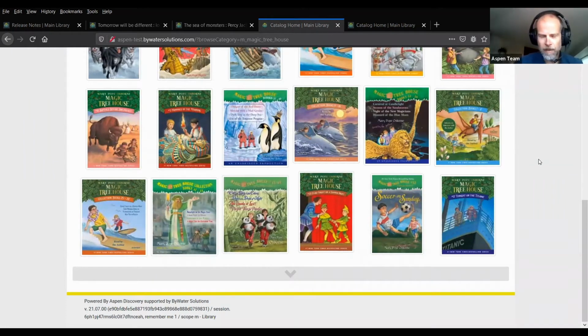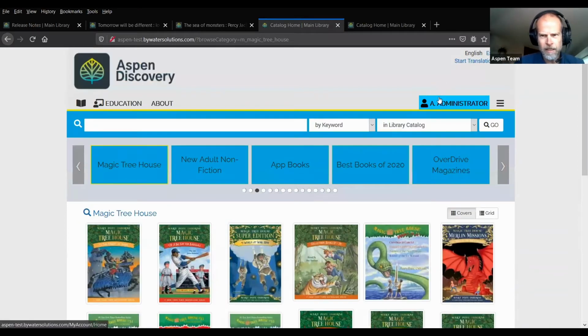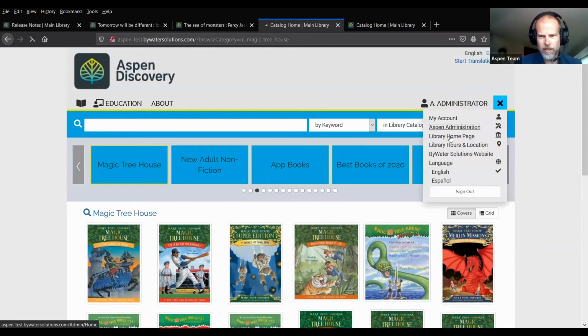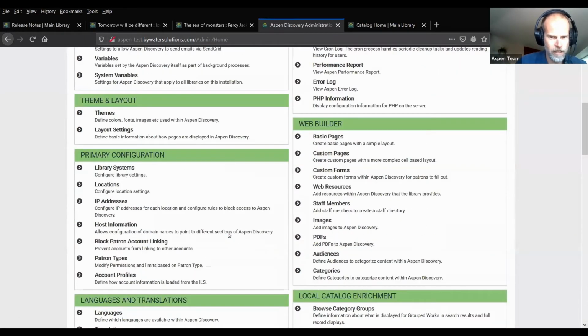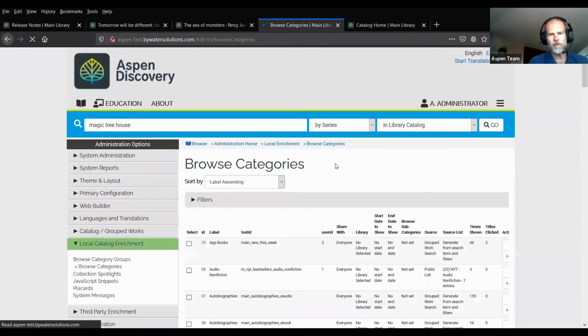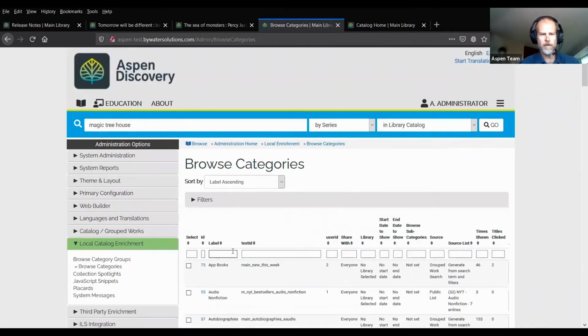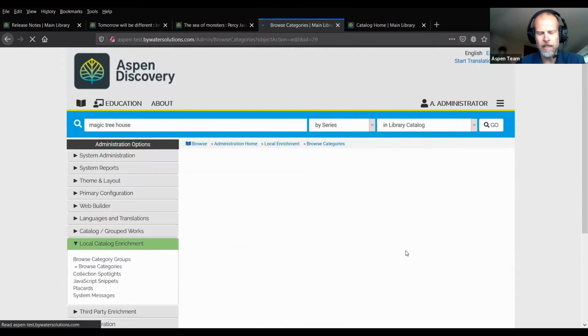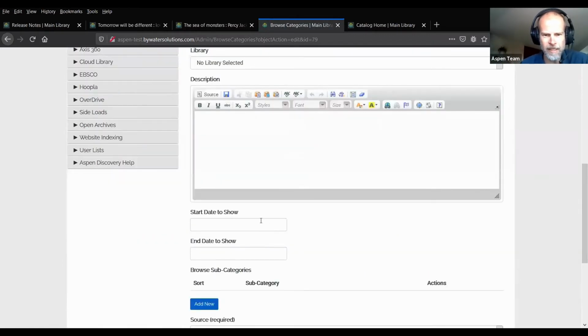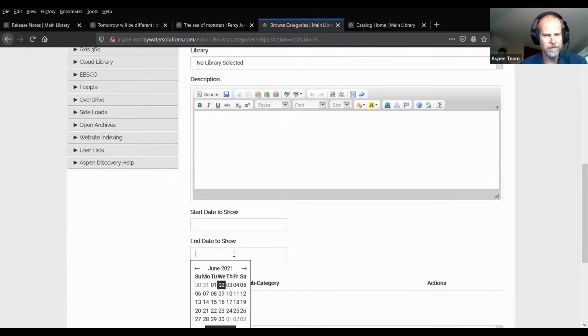The next thing, kind of related to browse categories. Let's go into our administration and scroll down to our browse categories. We had that Memorial Day one that we don't really need to show anymore, so we're going to go in and edit that. We have now start dates and end dates to show. So this will allow you to kind of queue up your browse categories. You can make things a month before or a couple of weeks before and say, hey, we don't need